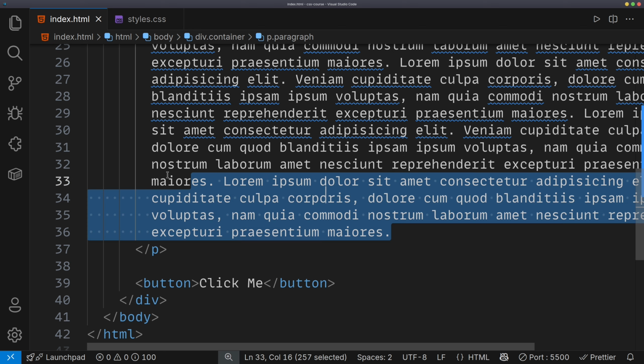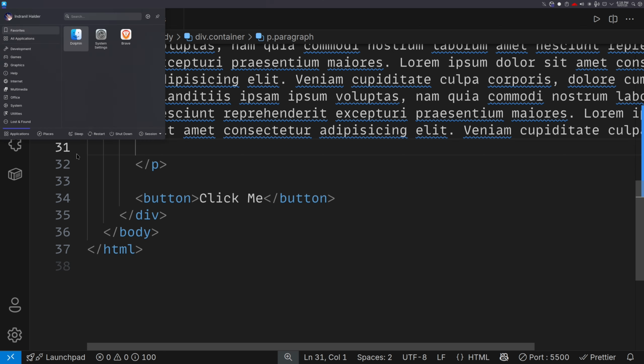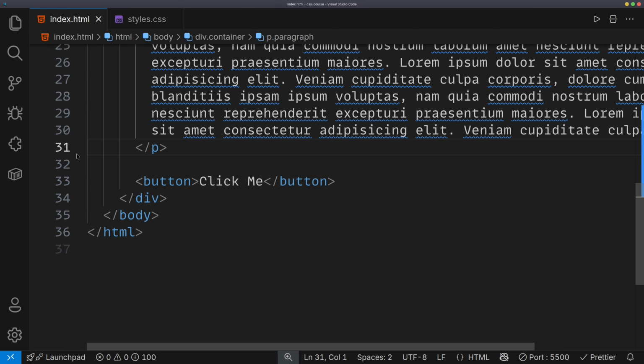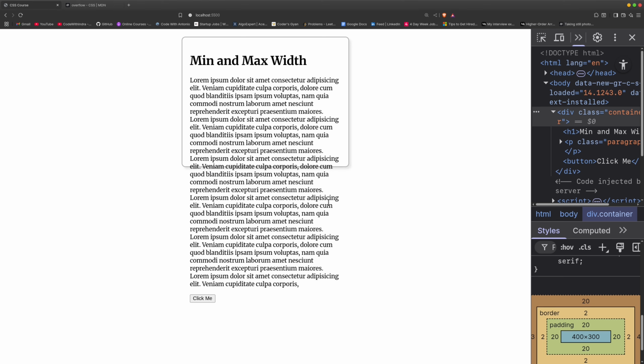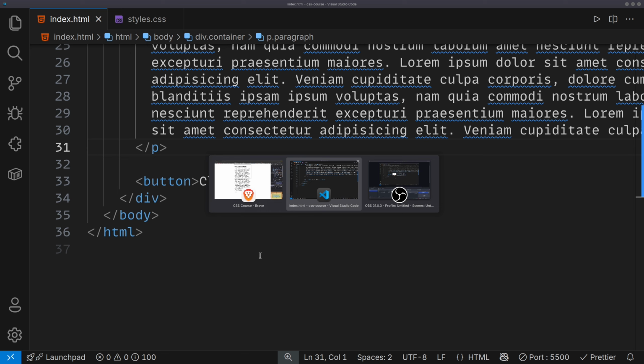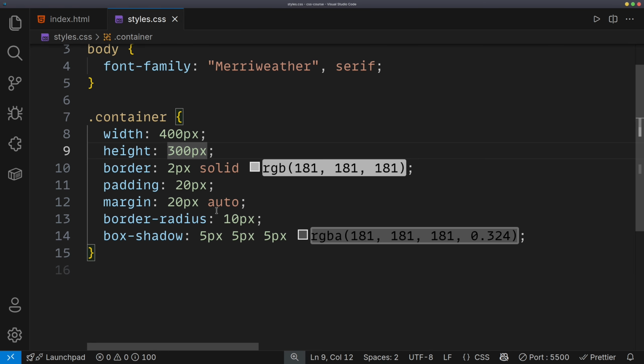And I'll reduce the text a little bit as well. Okay, so now here it is. By default the content is overflowing, and the overflow is set to visible. But for example, if you want to have a scrollable section where you can scroll, we can do that as well. So basically we can go to the code editor, and here for the container we can set the overflow